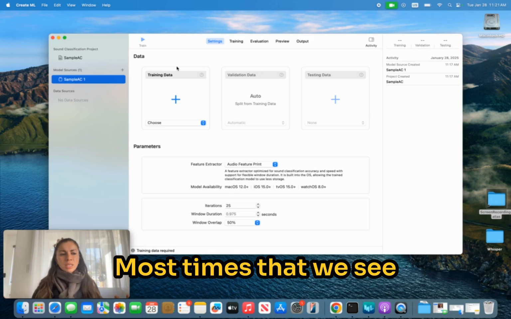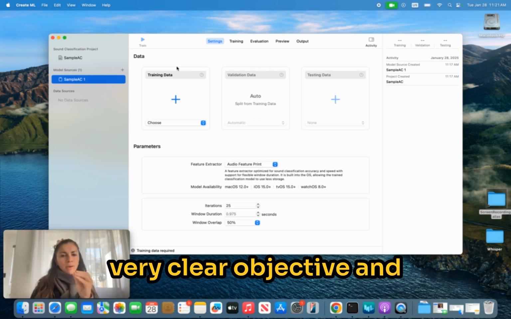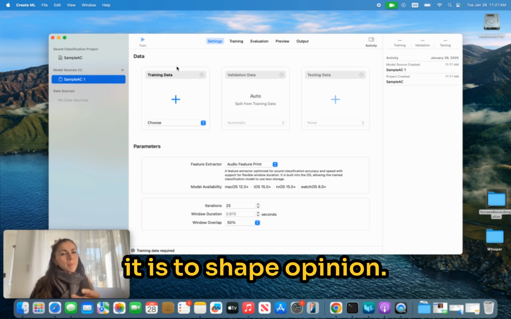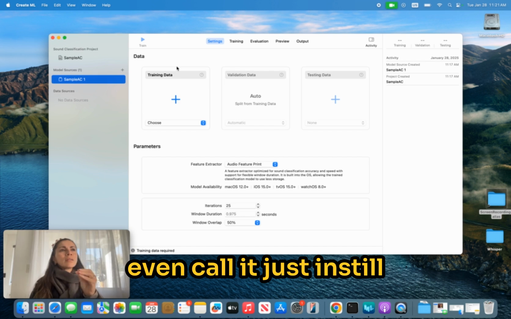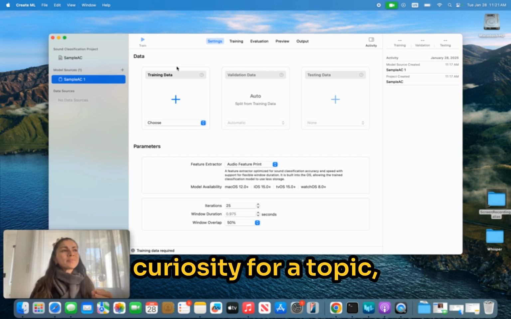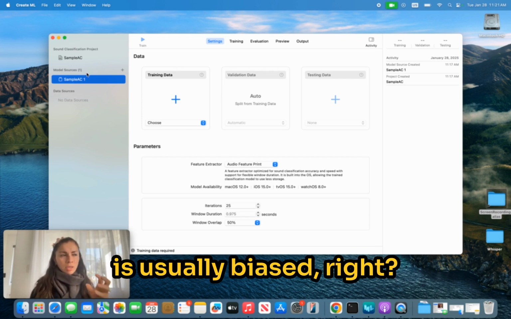Most times that we see a topic being discussed or even presented on social media, it has a very clear objective, and it is to shape opinion. Sometimes, if you could even call it, just instill curiosity for a topic. But my thesis is that it is usually biased,